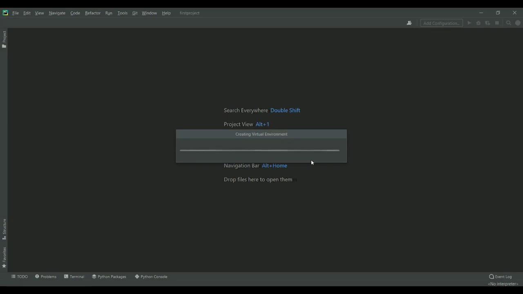Once I create a new file, I can write the code on that file. Whatever code I write will be created in the new file. This is the process of how to create a new project and a new file. Once you create a file, it will be created under the folder which you created in the C folder. Once you install, the folder will be created under the C folder in your PC.